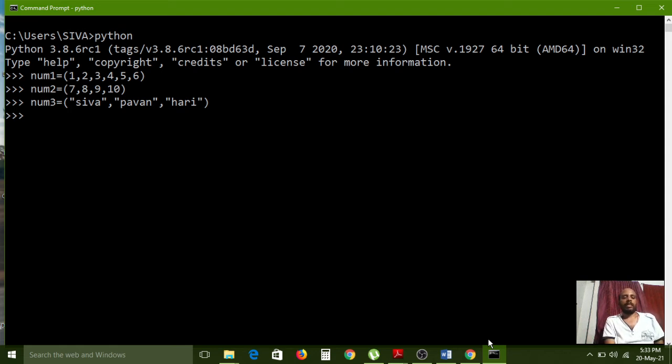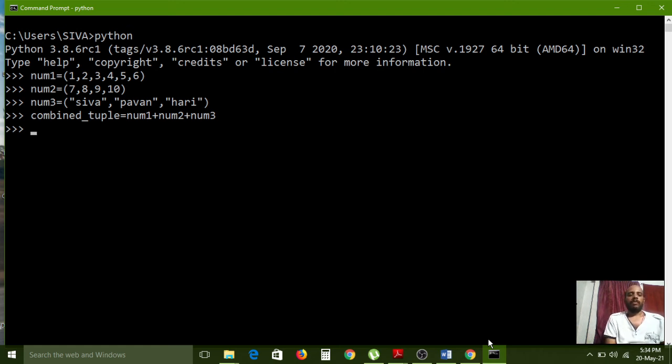Nothing but one extra tuple I would like to create, named combined underscore tuple. After that num1 plus num2, and finally num3. So I have combined the 3 tuples here, and simply I am pressing the enter key. Here it is not showing any errors. That means these 3 tuples have been successfully combined.